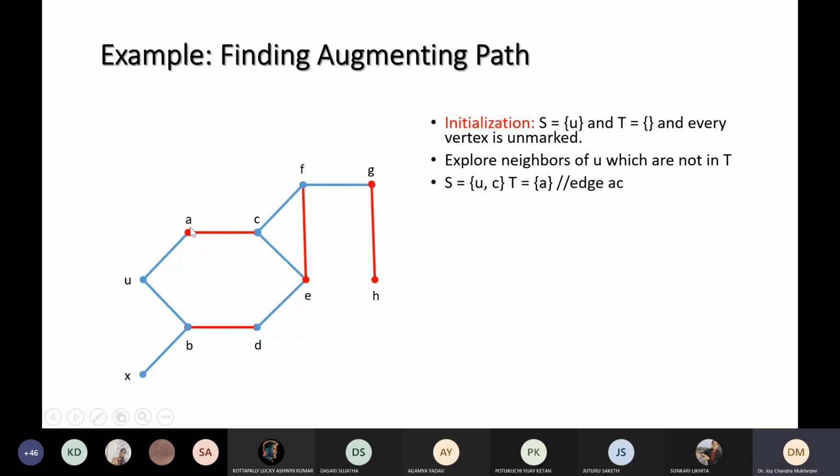So initially first I will include C because C is reached through some saturated edge, and A I will include in T. Similarly here I will include D since it is reachable from U through some saturated edge, and B I will include in T. And I mark U. Okay. Then